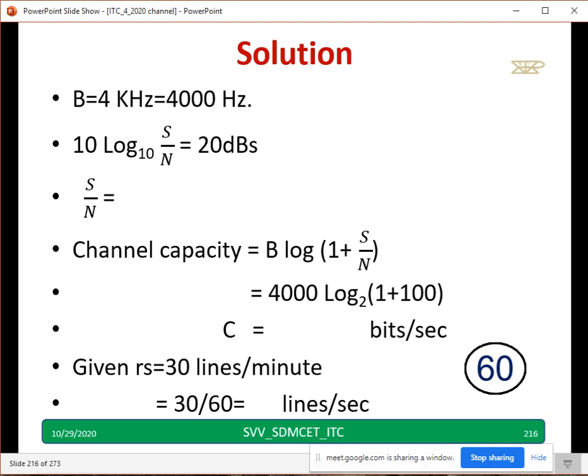Just copy down the steps. Take a minute or two. Okay, Sripad has typed some answer. C equal to, you can find out. S by N is already given indirectly, the answer to you people. So you can find out C. Then you can find out RS equal to,